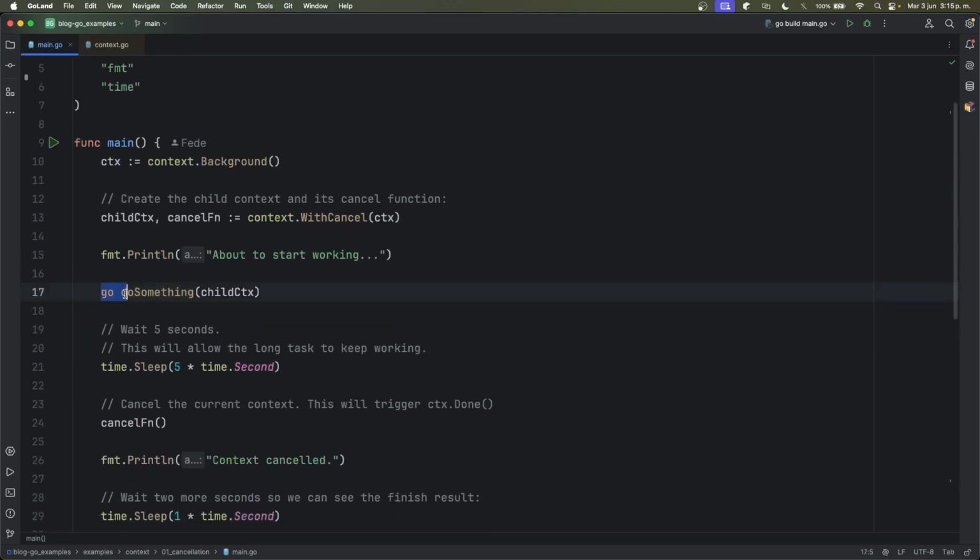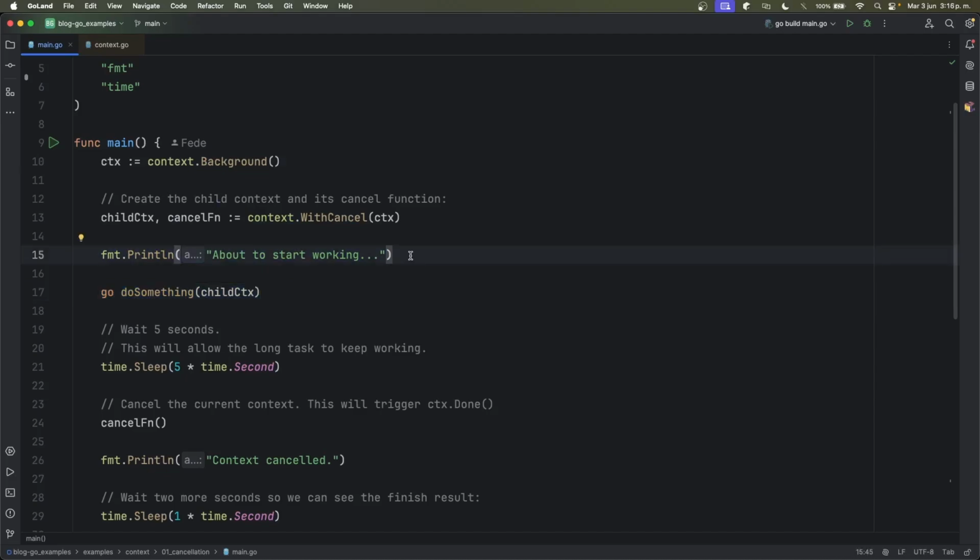Whenever you see the Go prefix here, what it's doing is launching this function on a different Go routine. And the moment you do this, you lose control about how you are going to stop this Go routine. And this is going to be managed internally by Go. So there's no Go routine API that you can use to say, stop this Go routine or pause this Go routine. Just execute a new function, and both the main file and this new Go routine will have their own